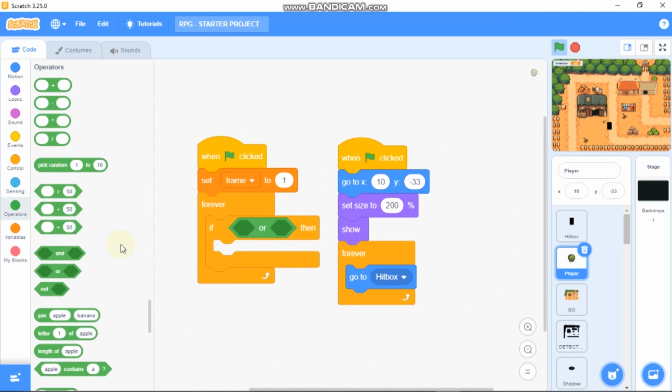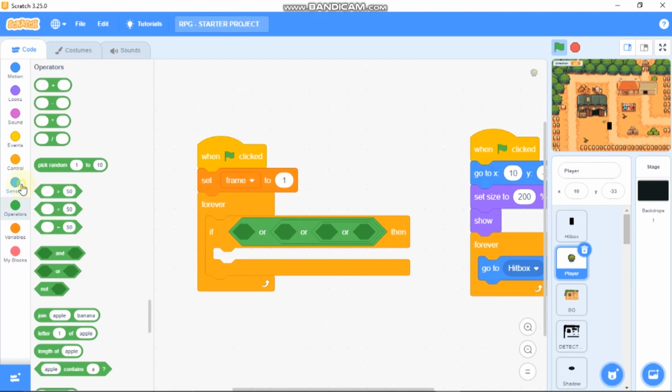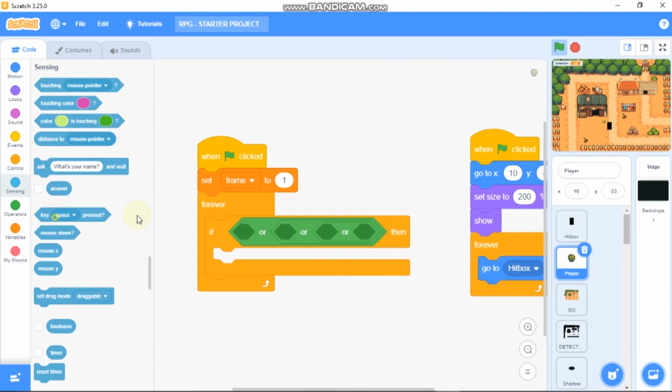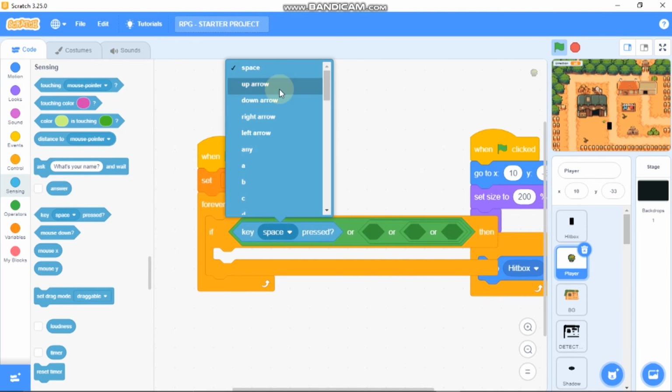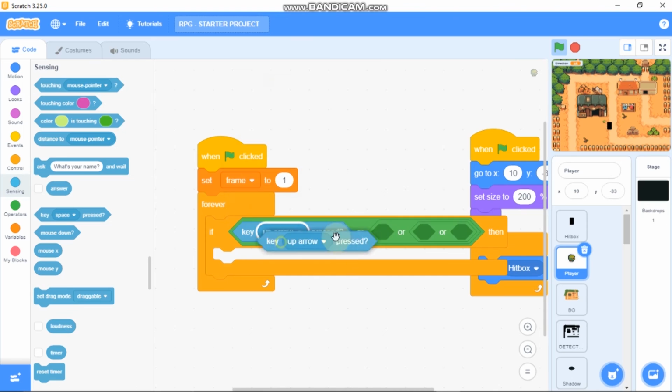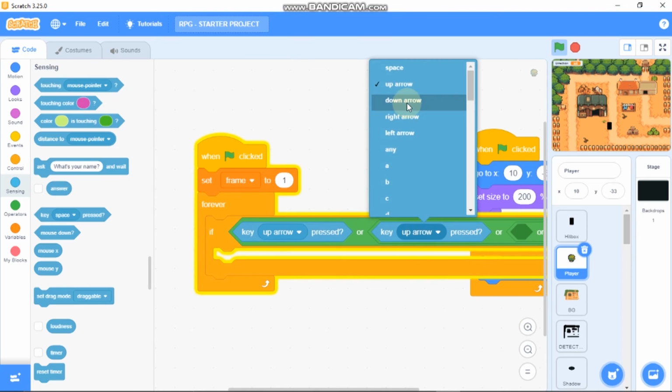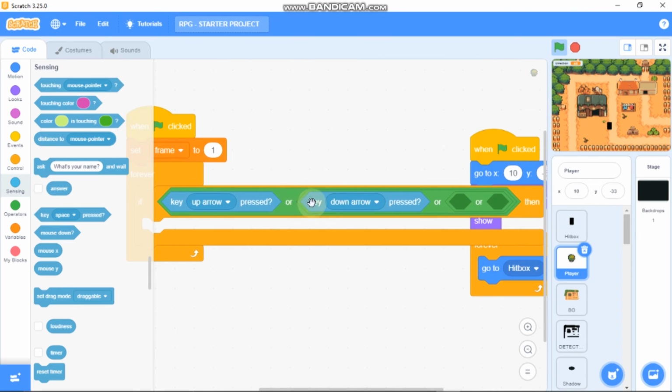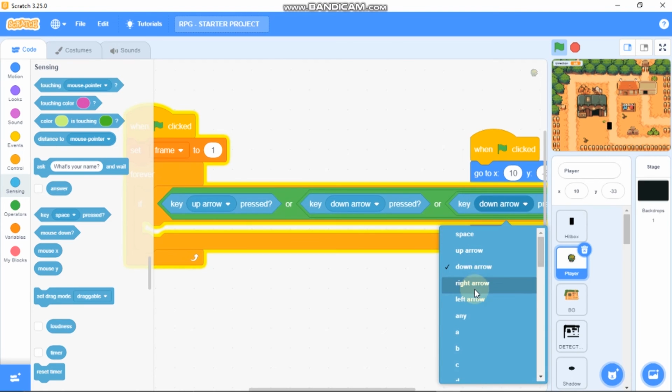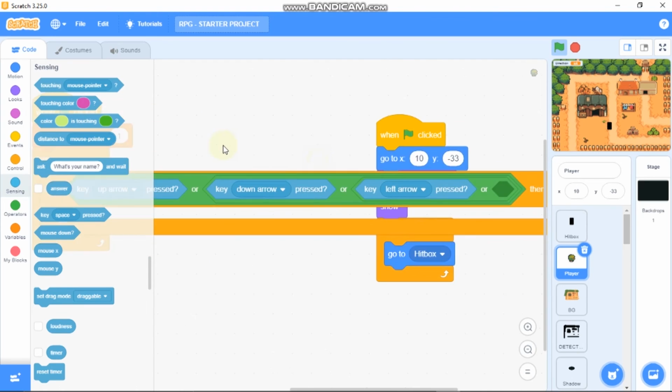Forever, grab an or, so we get just 4 for all the 4 keys. If key up arrow pressed, or key down arrow pressed, or key left arrow, or right arrow.